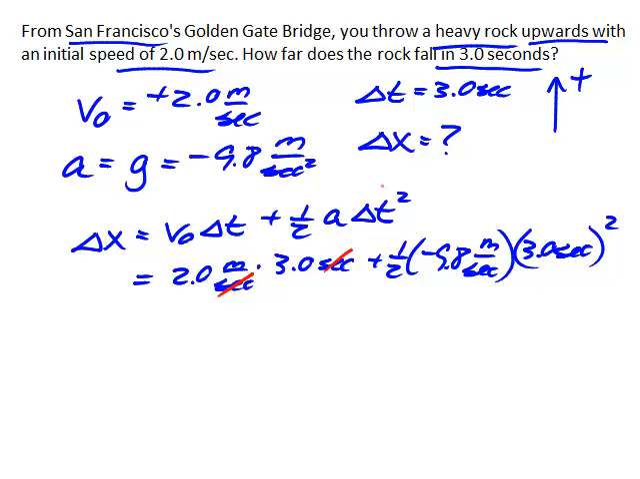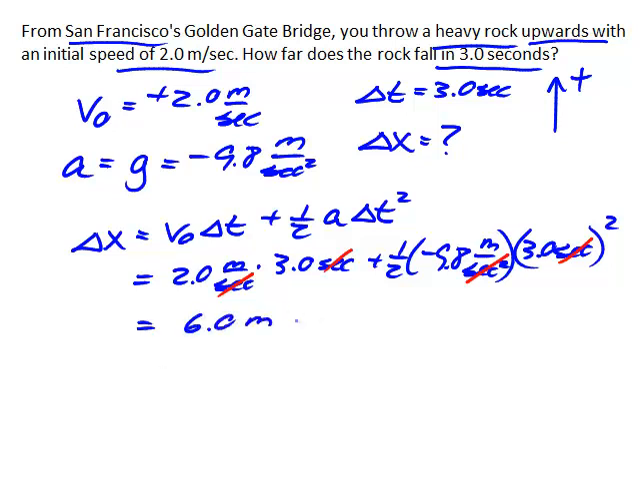Seconds cancel the seconds here. The seconds squared here, I have a typo. This was meters per second squared. So we have seconds inside the parentheses here, but that's being squared. That cancels this second squared. So we now have